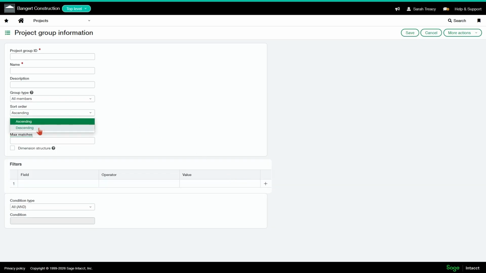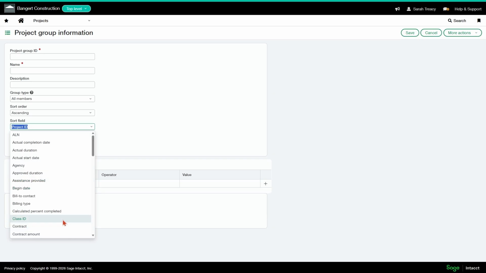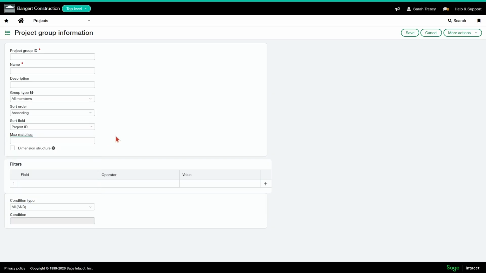Then you can sort in ascending or descending order, based off the sort field of project ID, which comes up automatically, or you can change the sort field. Max matches, I would leave blank, because if you put in 10 here, it's just going to give you 10.